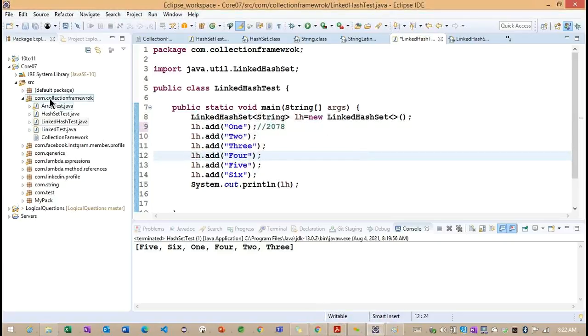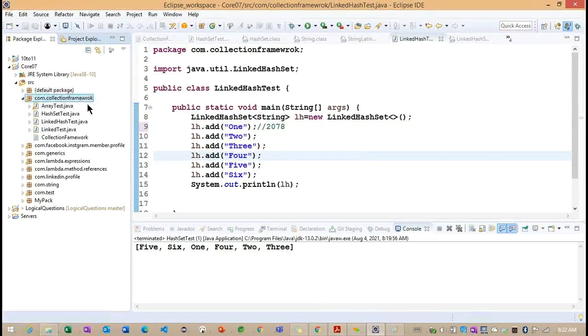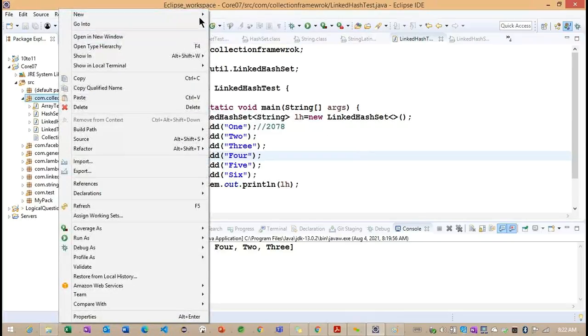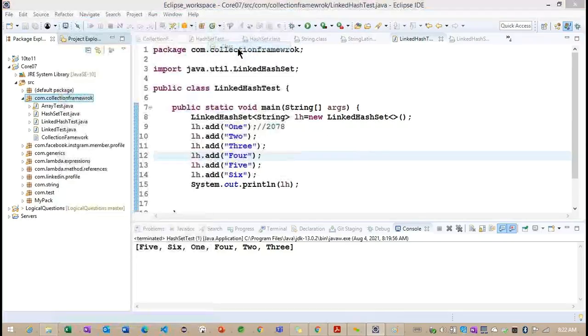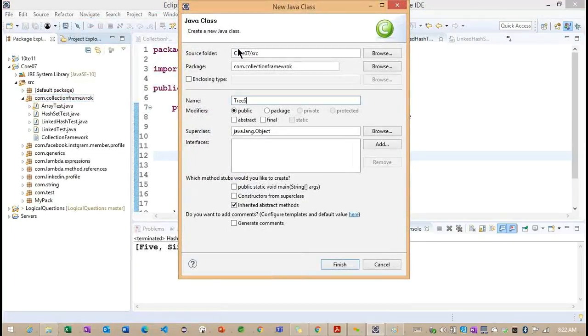Okay, so one more implementation class we need to understand for this particular set interface is called tree set.